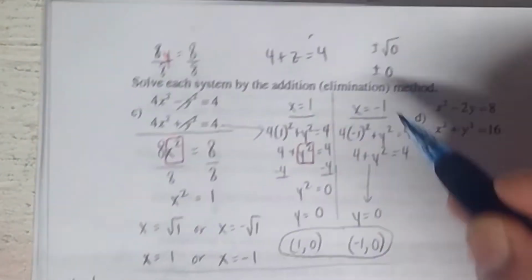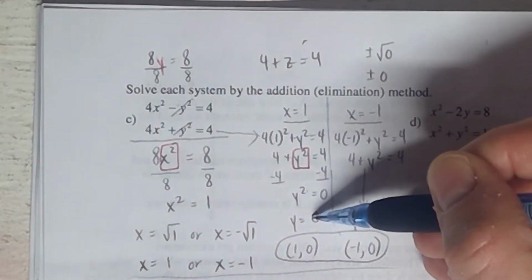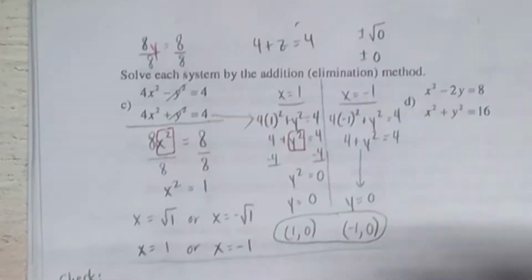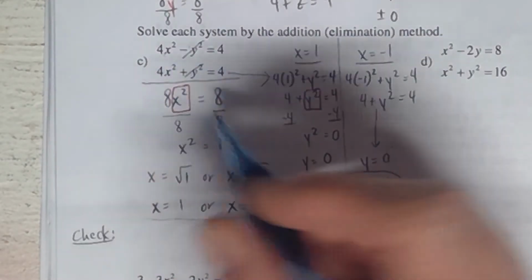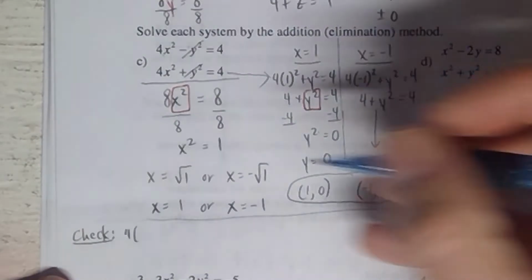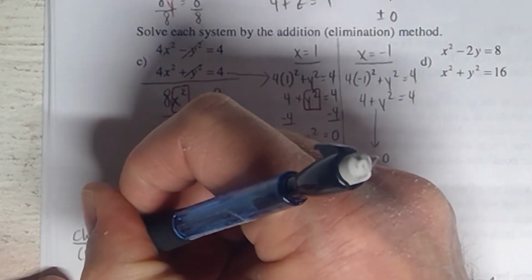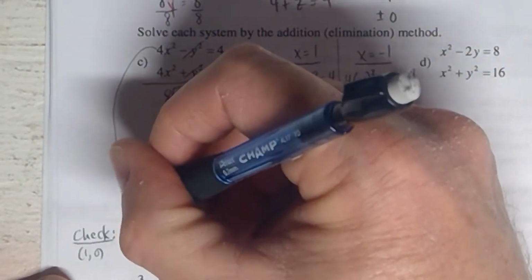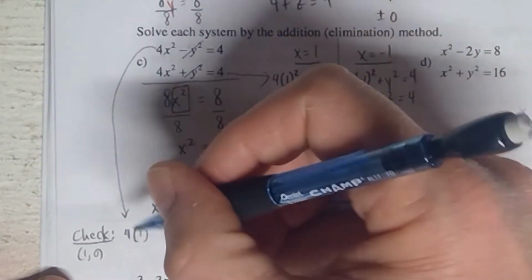So where did I get that last step from? The equation I used in the last step there came from the second equation. That means that when you check your answers, you just need to check it in the first one here. So I'm going to check the 1, 0 first. If I plug it into the first equation, that's this one, okay, I get